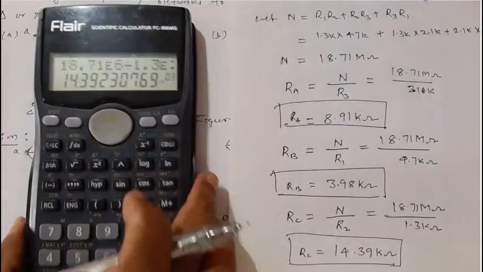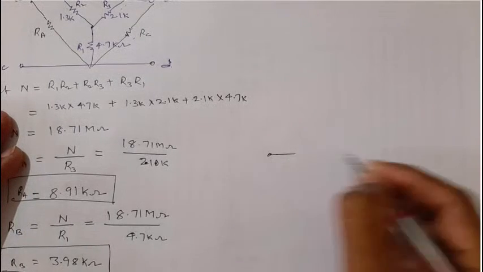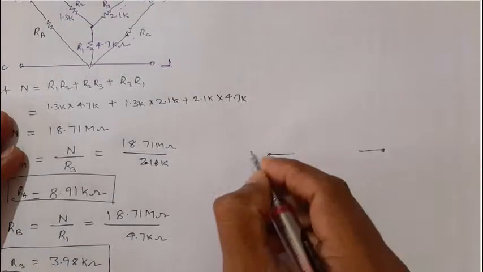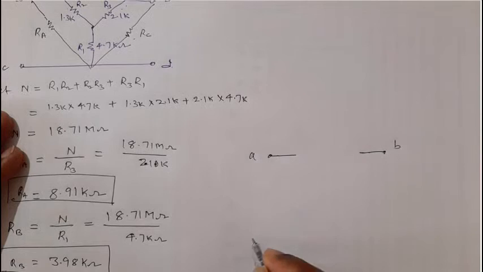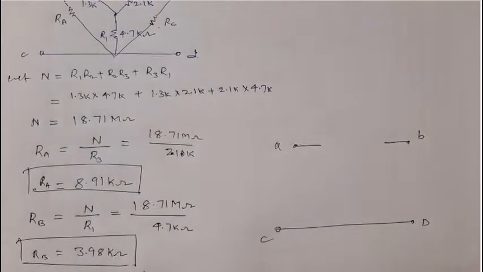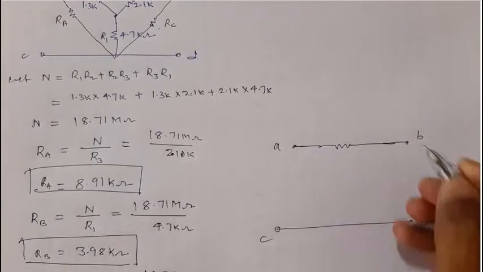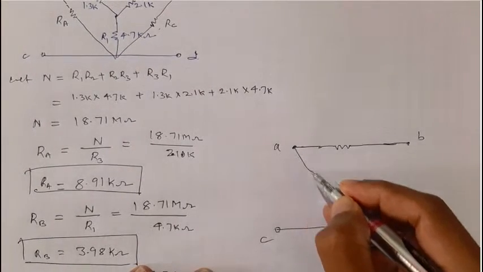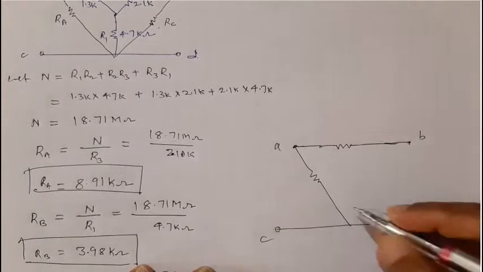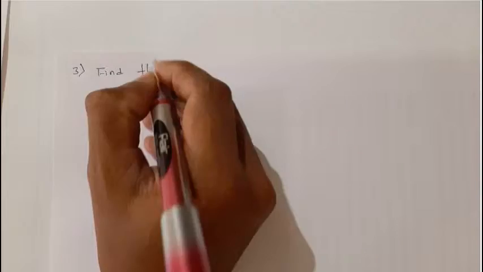Right. Now, we can draw the network between the four terminals A, B, C, D. I will draw this like a delta network itself, something like this. Even this is no problem. You can draw like this, where you have the equivalent,